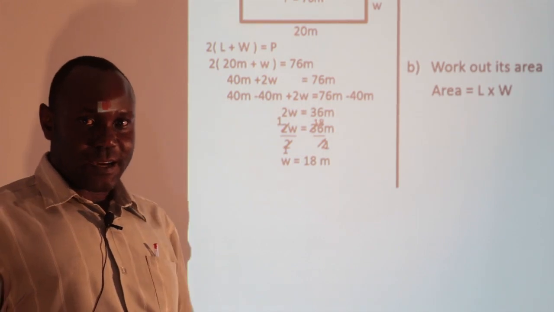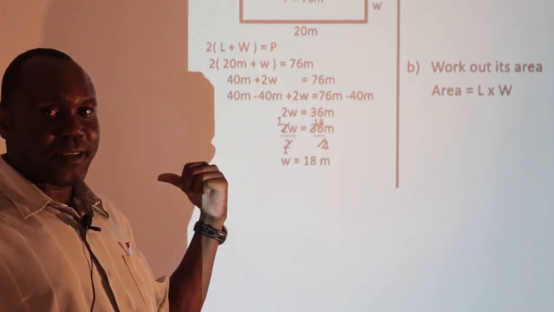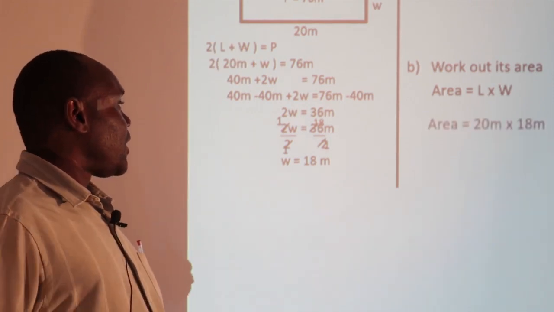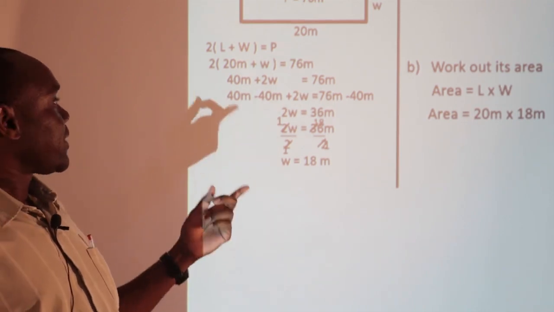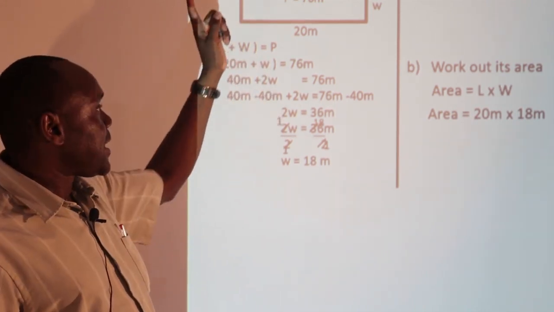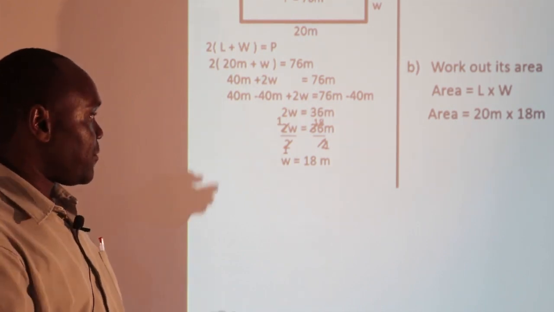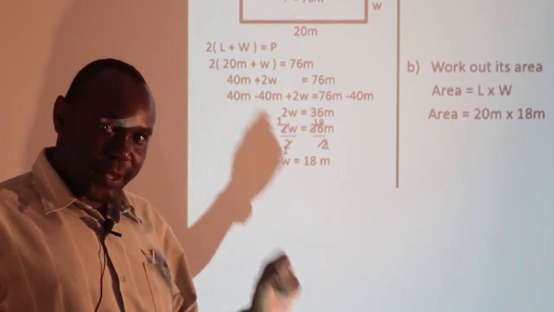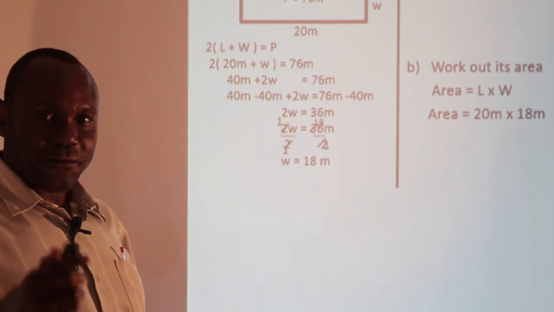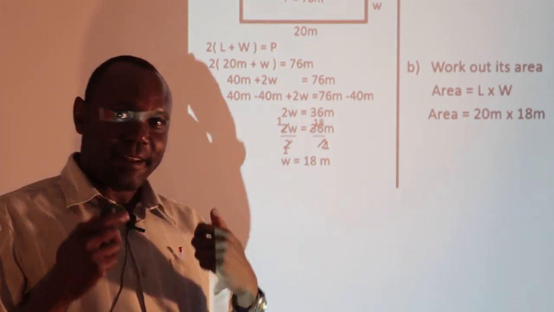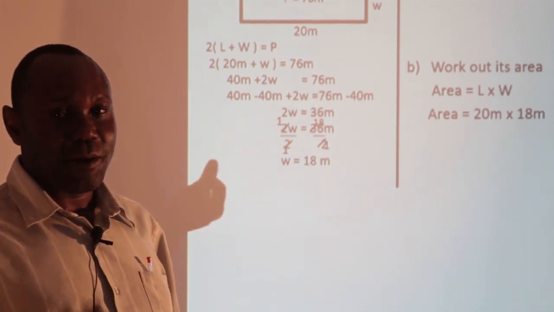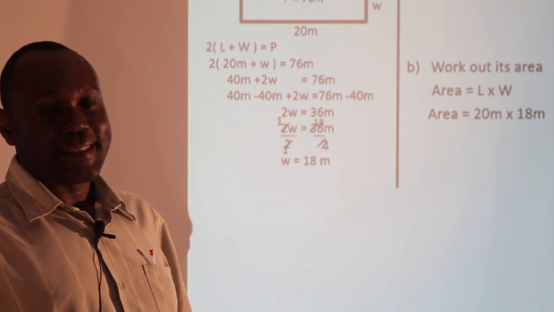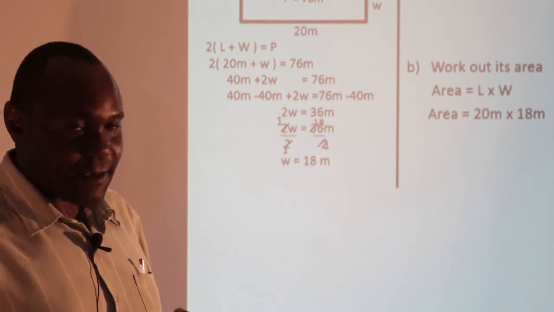After writing the formula, remember our note, our NB. It says you substitute. So we are going to substitute. Area is there. The length is 20 meters, and then the width, remember, we have got it to be 18. Therefore, it is 20 times 18. Be consistent with units. What fails children in examination is leaving out the units. The moment you ignore units, when you are writing the answer, you are most likely to write centimeters instead of meters. Be careful with the units.